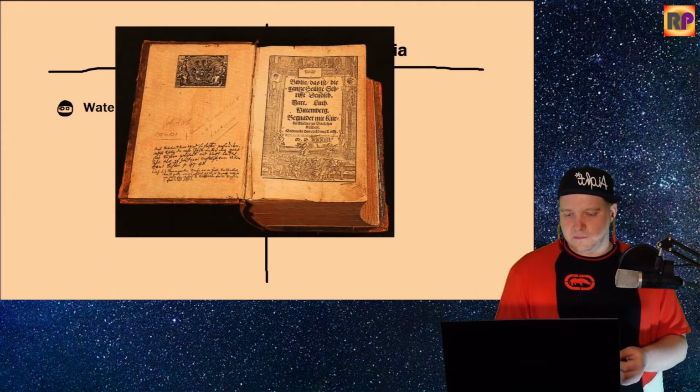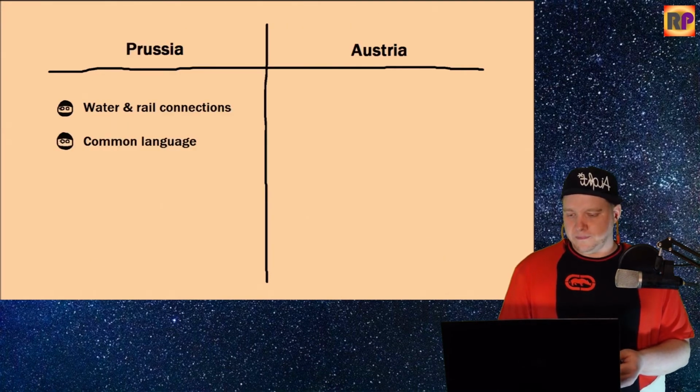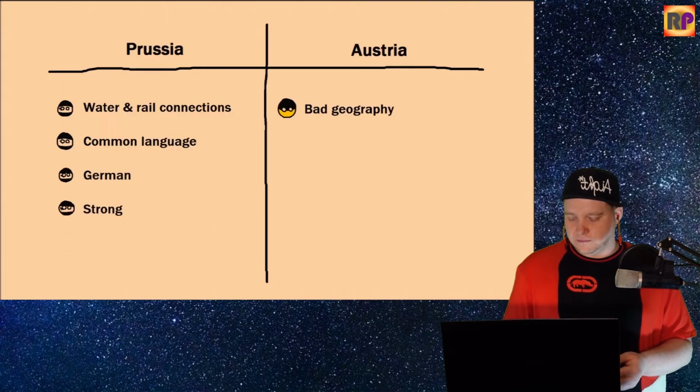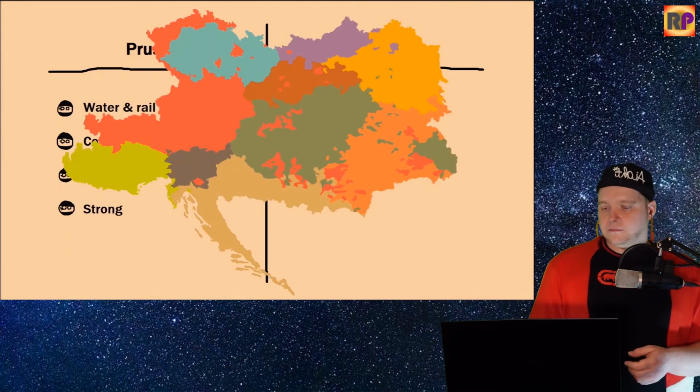With Prussia, they shared a single common language. They were majority ethnic German, and Prussia had one of the strongest armies on the continent. Austria, however, was on the other side of the mountains, had 100 billion different languages across its territory, was rebellious